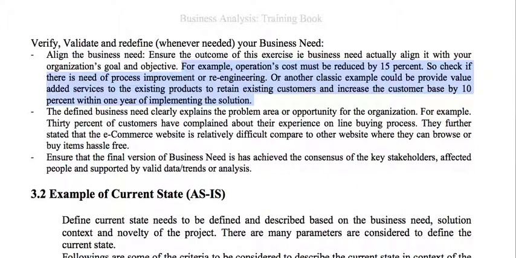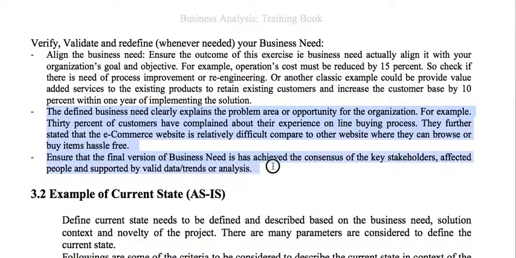Okay, and also the defined business need should clearly explain the problem area or the opportunity area for the organization. For example, 30% of customers have complained about their experience in the online buying process. They further stated that the e-commerce website is relatively difficult compared to other websites where they can browse and buy items hassle free. So these are the kind of complaints which, if you receive them repeatedly, are a cause of concern which requires you to address them immediately, because most of the time in